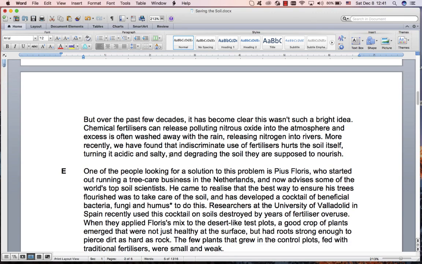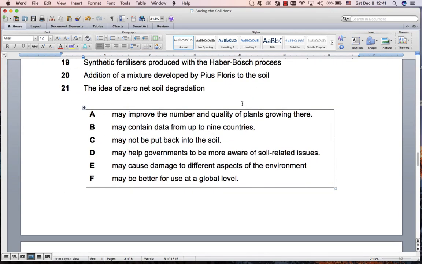Hurts the soil, acidic, salty. Anything that you can see. This is positive, so it's not that, because that was a very negative paragraph about how we're damaging the rain, the river, the soil. Data, 9 countries, I didn't see. We've done that one. Governments, I didn't see. And that one I definitely saw. I didn't see anything about global level. Environment, they talked about the rivers and the rain. So the chemical fertilizers, the synthetic fertilizers, also damage other parts of the environment, not just the soil of the